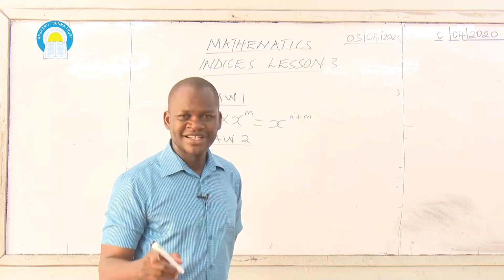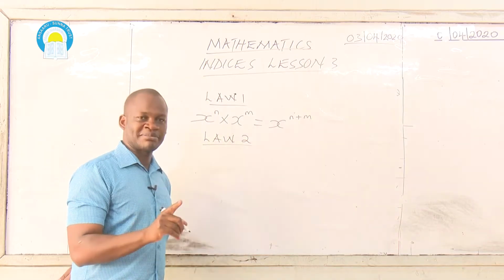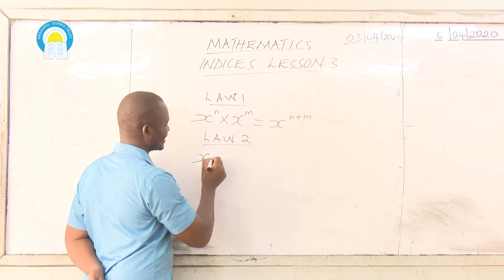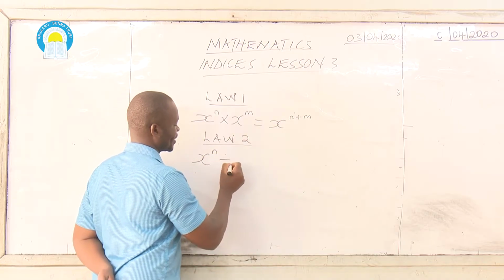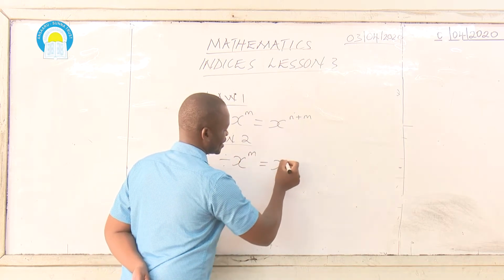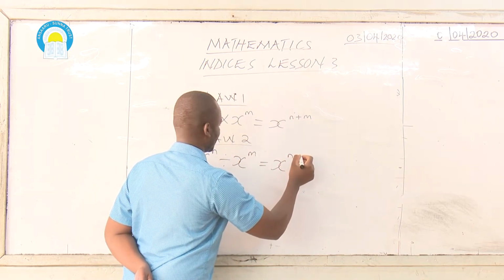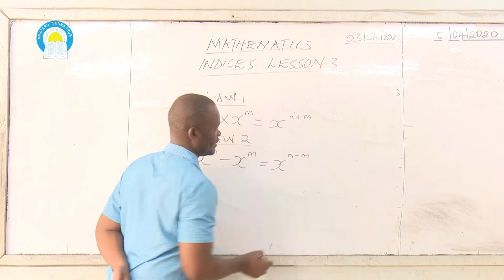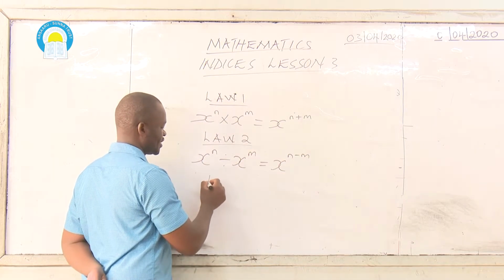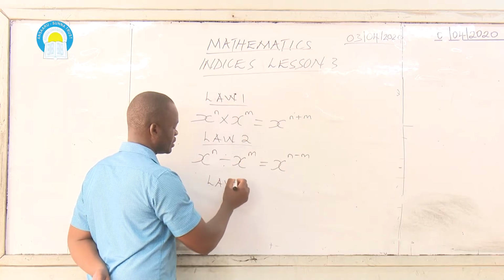division of numbers with a similar base. The law was given as x power n divided by x power m, and the outcome will be x power n minus m. Now, we went on to discuss our third law,